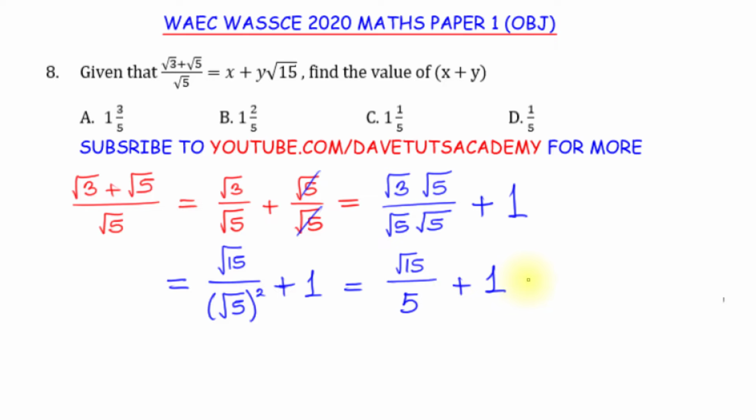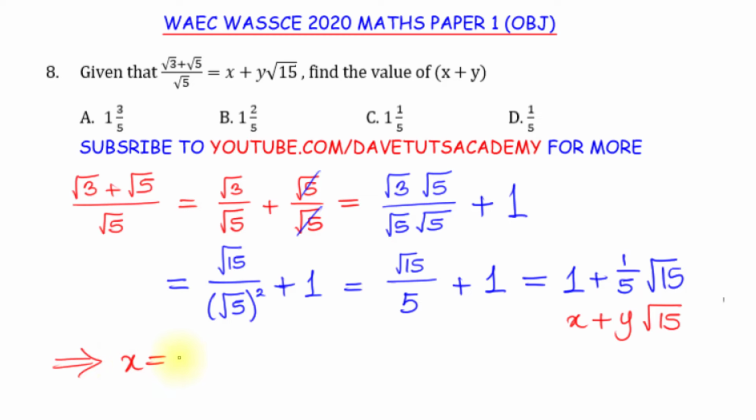If we just rearrange, this is the same thing as 1 plus 1 over 5 multiplied by root 15. And you can now see that this is exactly looking like x plus y root 15, in which, look at it, we can now say our x is equal to 1,